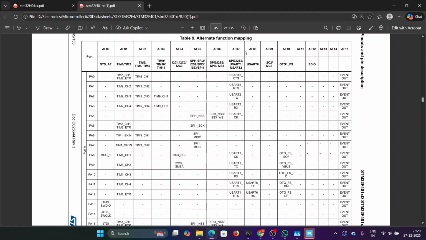ओके। ठीक है, तो हमें कई सारे नंबर्स याद रखने हैं इस वक्त, क्योंकि हम बेयर मेटल में काम कर रहे हैं, तो हमें काफ़ी सारी चीज़ें मैन्युअली करनी पड़ती हैं। हमें दो चीज़ें याद रखनी हैं। सबसे पहले कि हमारा अल्टरनेट फंक्शन कौन सा है, AF7। अब देखिए, हर पिन के अल्टरनेट फंक्शंस होते हैं।